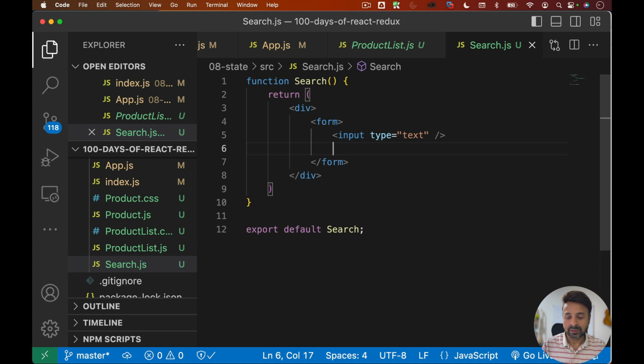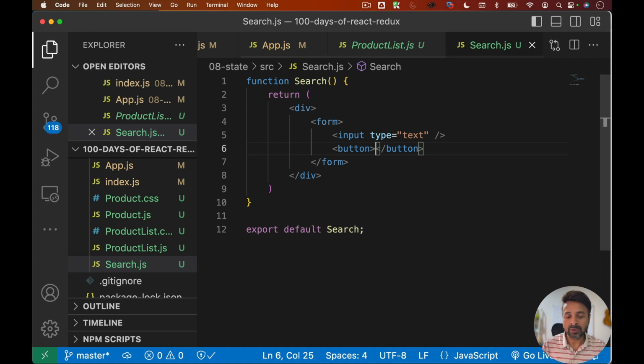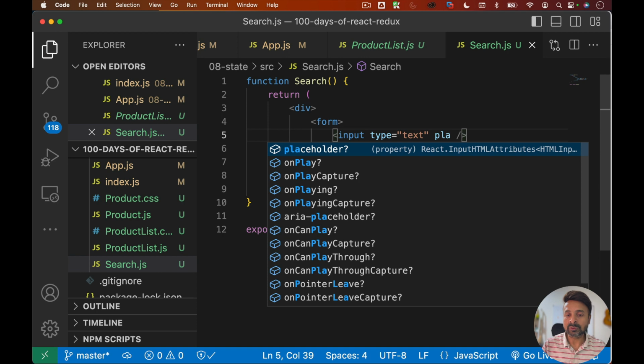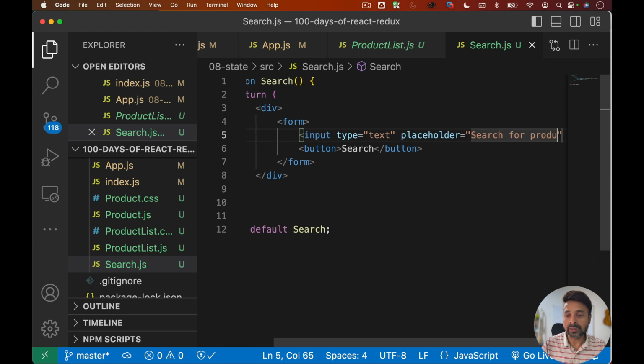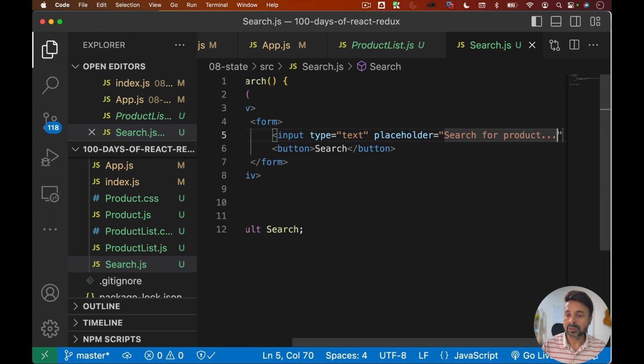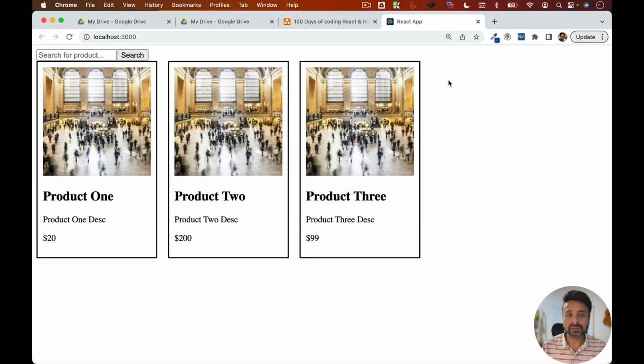Okay. And let's have one button also. I'm going to call it search. Let's put some placeholder text: Search for product. Something like this. If I save and go back, you should be able to see the search input and